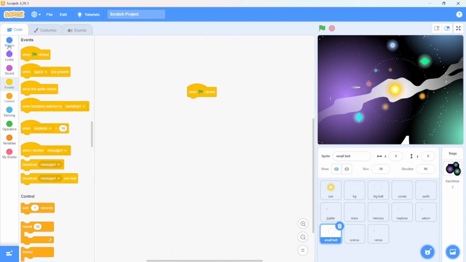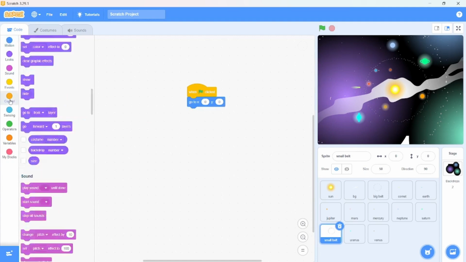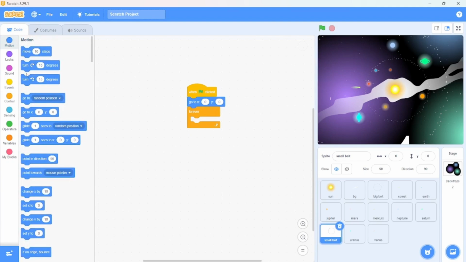Just go in the motion block and then use your forever block and add the same. Now we are going to turn it again, but we can increase the degrees and rotate it clockwise. So set it here as 1 degree. Okay, so we are all set for this as well.